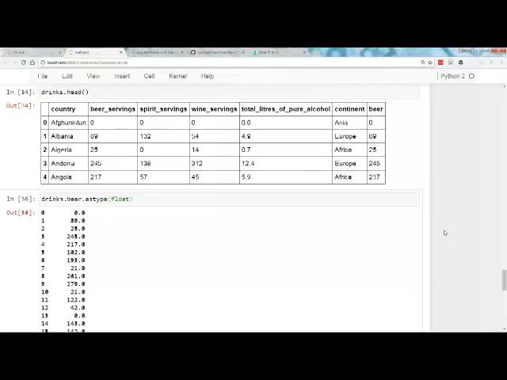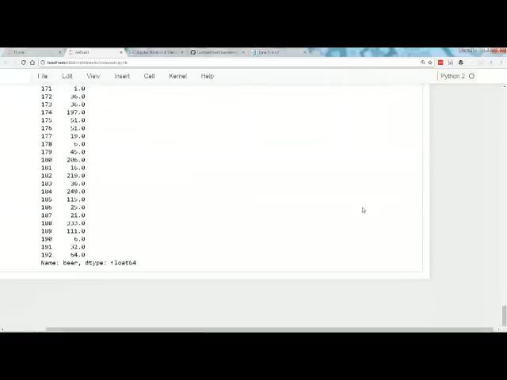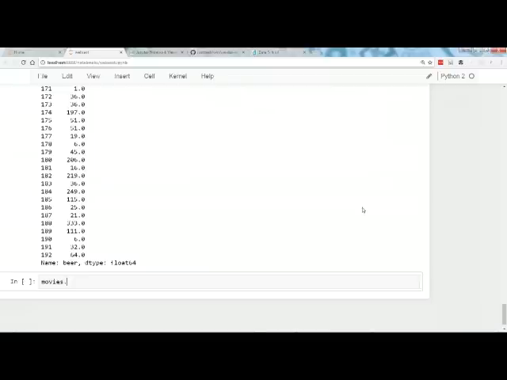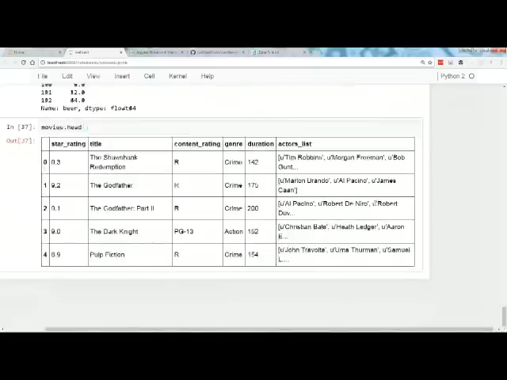I wrote down I wanted to use the movies data set, and I remember why. Here's the movies data set. So VLOOKUP, if you don't know what it is, I don't know how to succinctly describe it other than you're translating. Well, I'll show you how to do it in pandas. Even if you have no idea what VLOOKUP is, you'll know how to do conceptually the same thing. So I will skip trying to explain VLOOKUP without having Excel open.